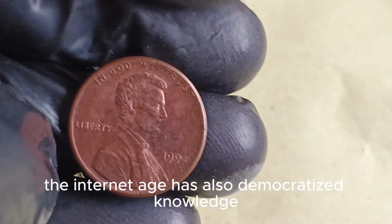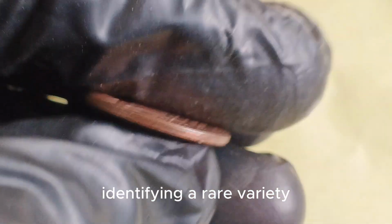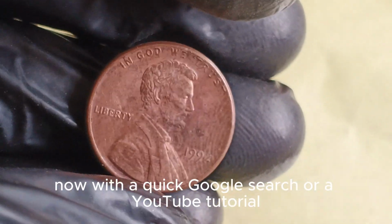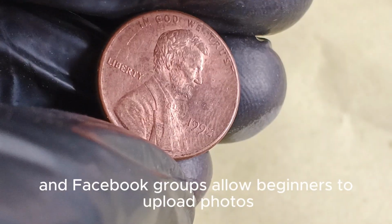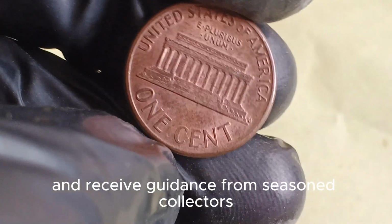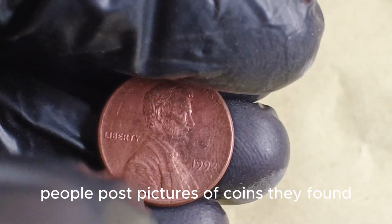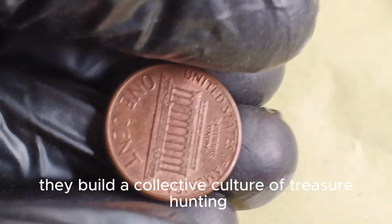The internet age has also democratized knowledge about coin collecting. In the past, identifying a rare variety required specialized knowledge and access to scarce reference books. Now, with a quick Google search or a YouTube tutorial, anyone can learn how to spot the difference between wide AM and close AM. Forums and Facebook groups allow beginners to upload photos, ask questions, and receive guidance from seasoned collectors. This community aspect has turned the search for the 1992 penny into a shared adventure. People post pictures of coins they've found, others comment with encouragement or corrections, and together they build a collective culture